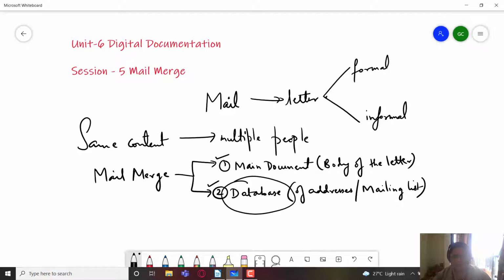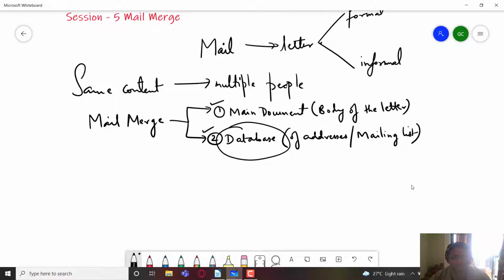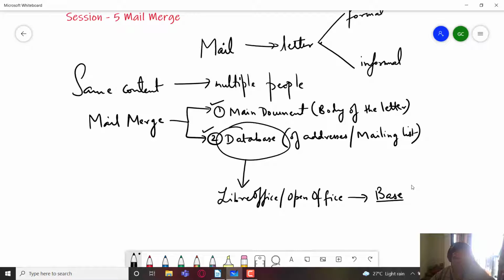Now this database is created in another software component of any word processing application. If it is LibreOffice or OpenOffice, then this database is created in the component known as Base. That is LibreOffice Base or OpenOffice Base.